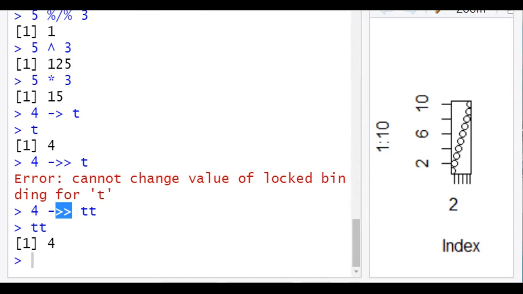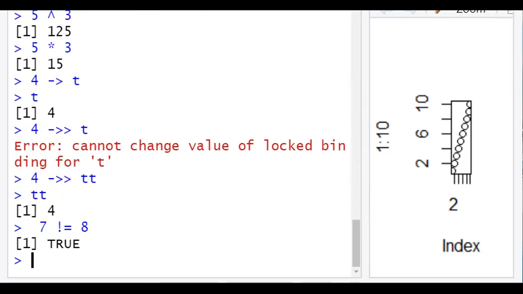So next is the comparison operator. So comparison operator is double equal to, we can use not equal to also, same as the other programming languages like this. Then less than or equal to, greater than or equal to, and logical operators also can be used.